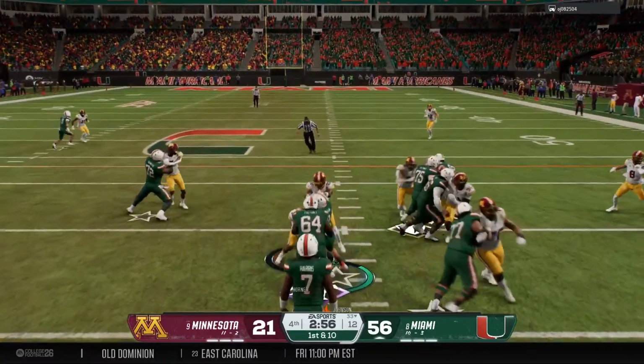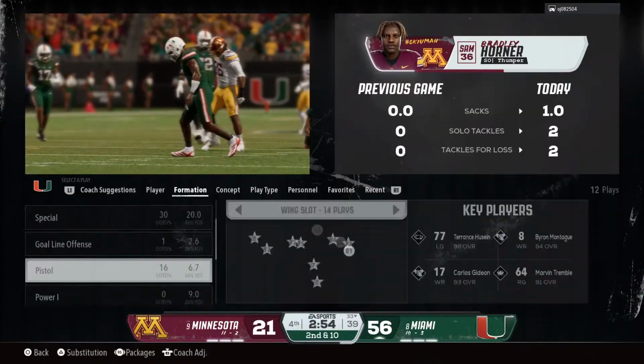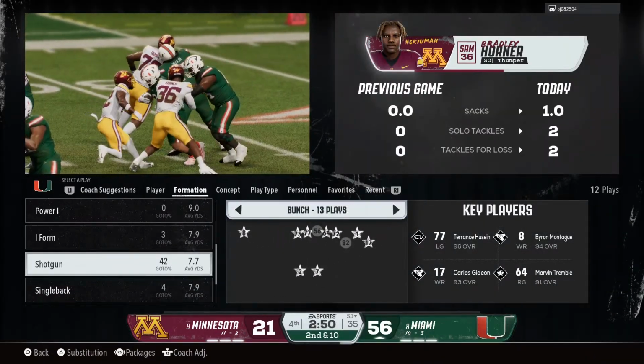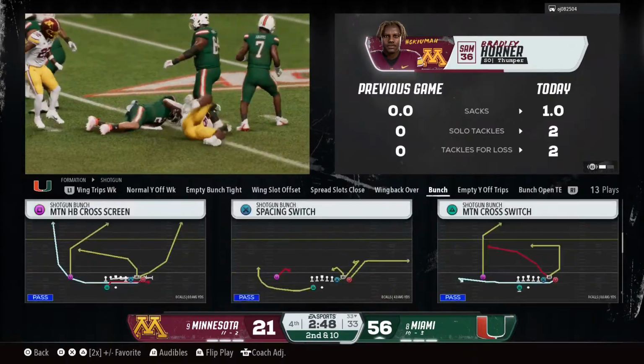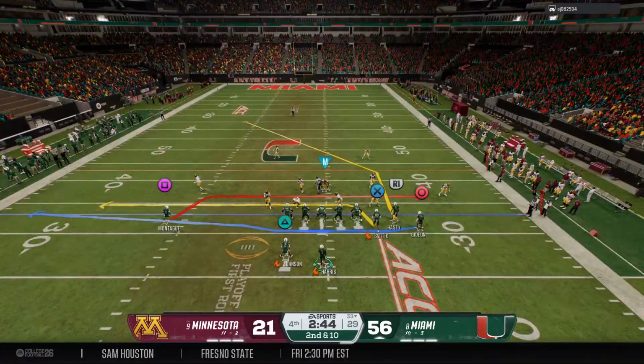Working clock with the ground game. Went up the middle, but stuffed for no gain. That back just had nowhere to go. Got to give credit to the defense and their run fits on that play. Offense getting set up. Here's second down.